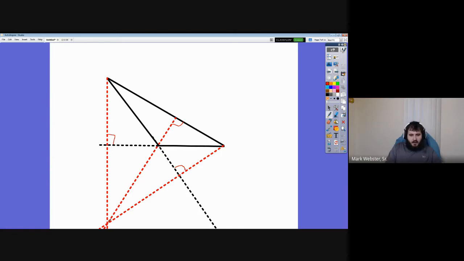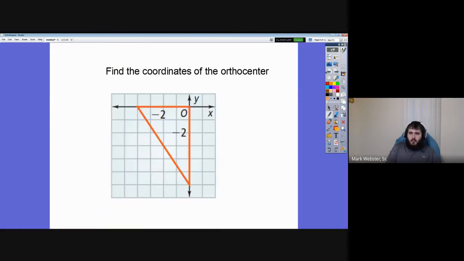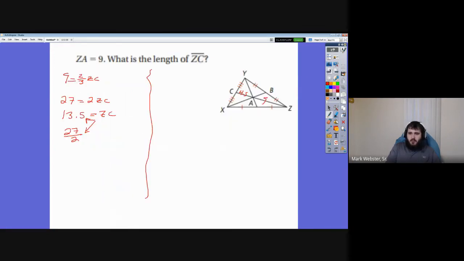This is perpendicular to the extension on this side. And you see they all meet up right here. Right there. And so this is what we're talking about. It's this obtuse one that causes people some consternation because it requires you to do some extending and stuff, but that's okay. So what I want to do is go back to